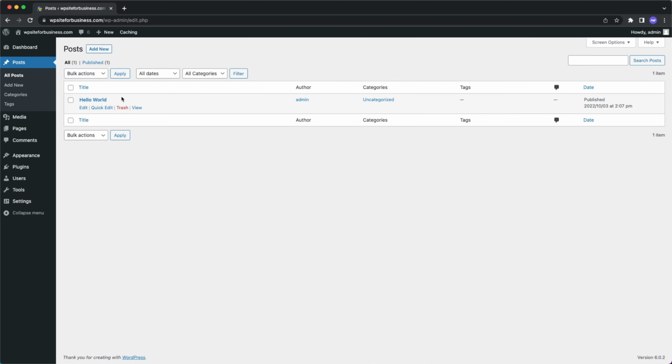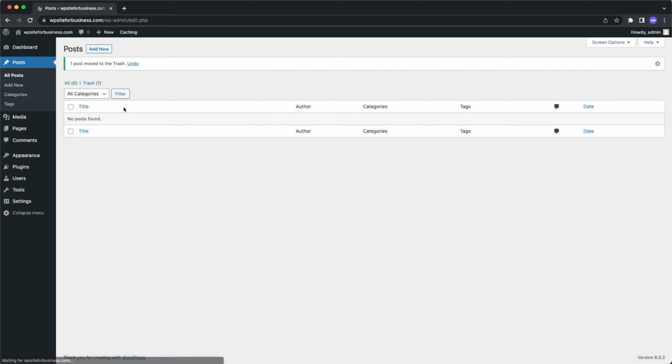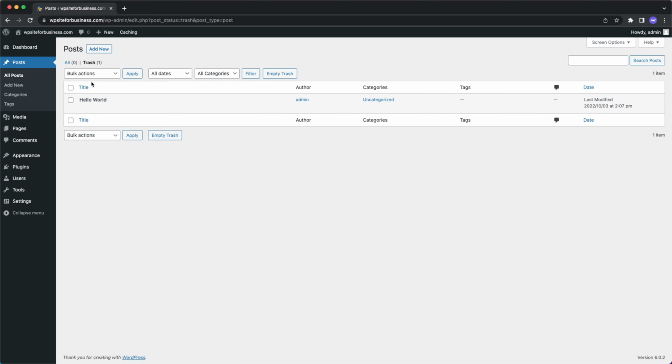and delete this demo post that comes with the default WordPress installation. Because we want to create our original post, so Google will not index this demo content as an article of our website. So simply we will click on trash and then we will go to the trash and delete this